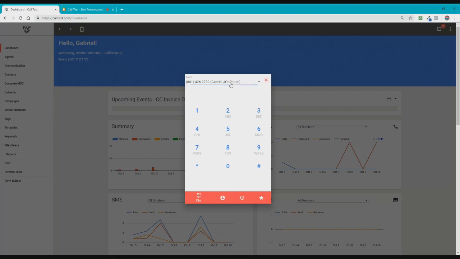You can also choose which one of your virtual numbers you want to call from. Okay, and then an updated feature that came out within the past few weeks is the favorites feature. So you can mark certain contacts as favorites,